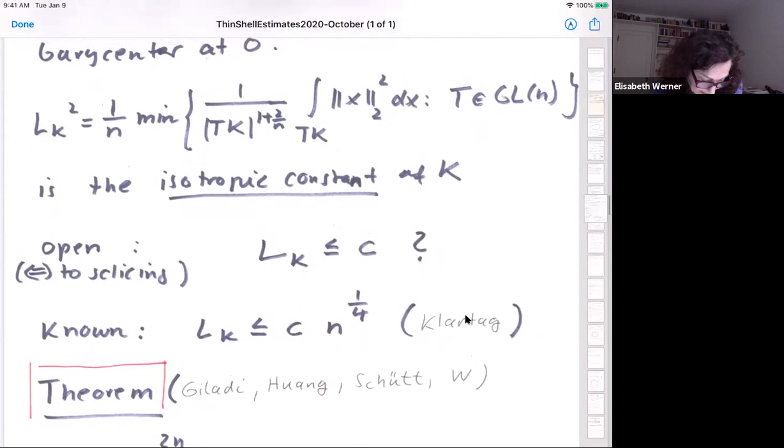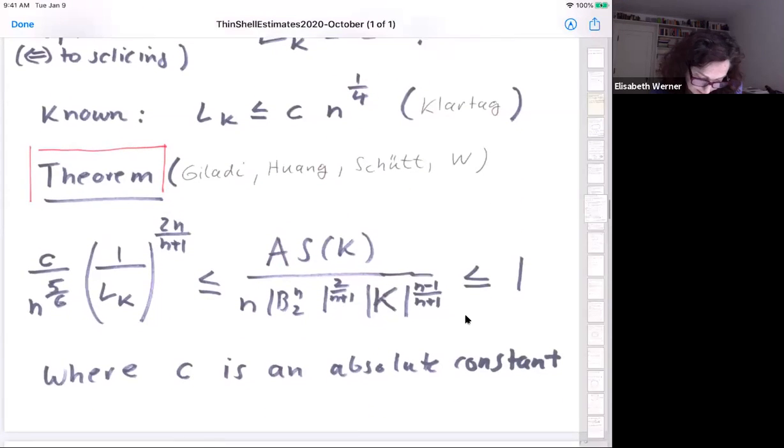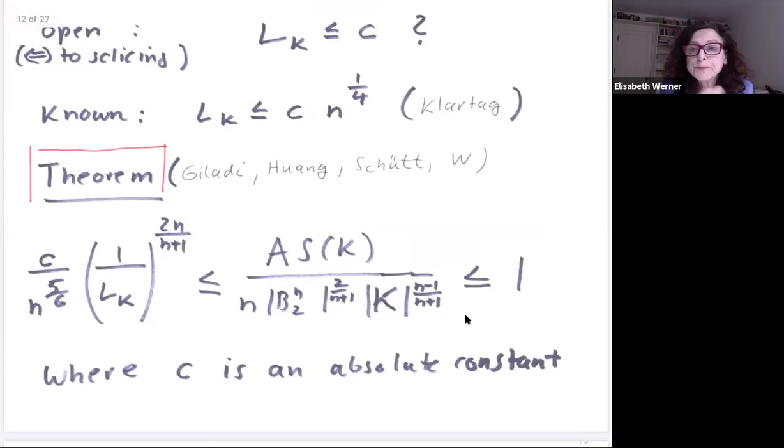Now let's look at the result that we could show for a convex body K in dimension n, that is, K is a convex body in R^n. What can we say about the size of this maximal affine surface area? And that's one of the results we have that I want to